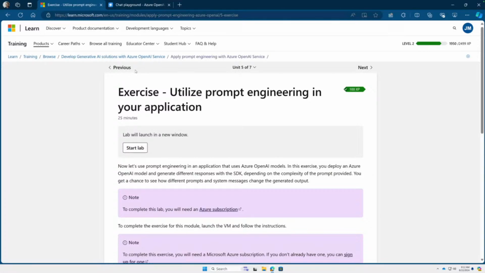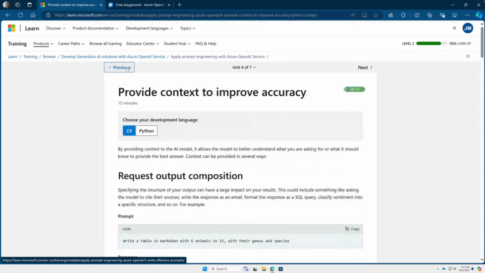Okay, let's go to the lessons. So I've gone here, I'm on the exercise step. If we go back a moment on what this